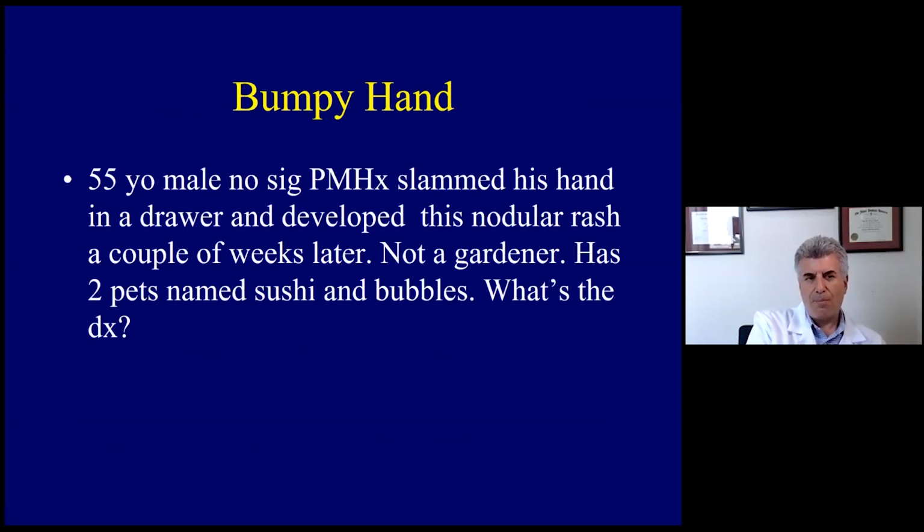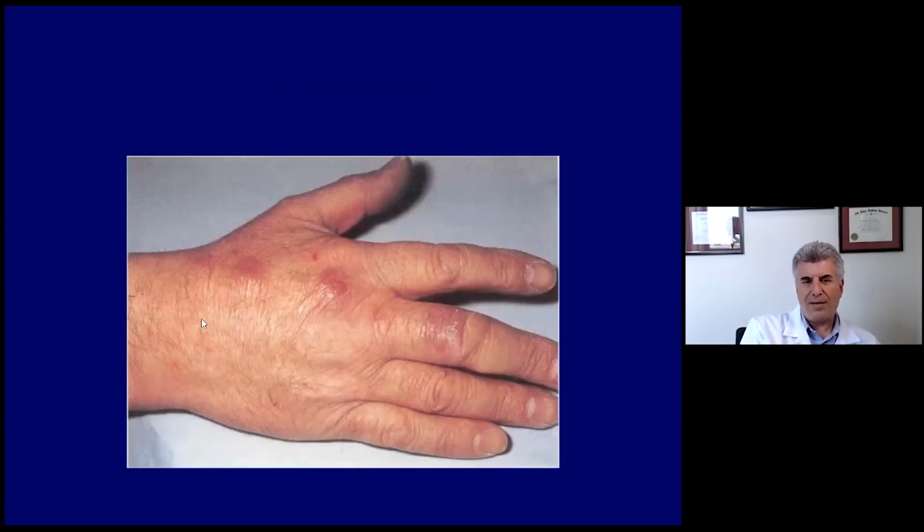Next case, a bumpy hand. This is a 55-year-old male with no significant past medical history who slammed his hand in a drawer and developed this nodular rash a couple of weeks later. He's not a gardener. He has 2 pets named Sushi and Bubbles. What's the diagnosis? And here's his hand, and you can see here, this is a nodule, not particularly tender